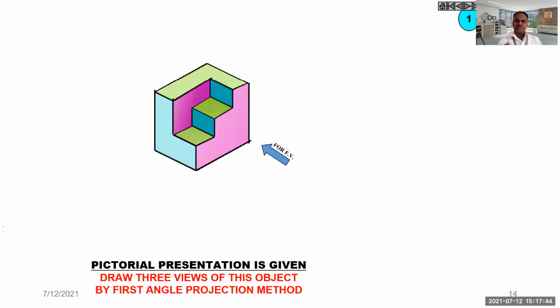This has been repeated. Okay, so this is the first example. Now I'm going to see this particular machine element from the front view. What I'm going to observe is a larger rectangle, and then there will be a step on that larger rectangle. So this will be my front view of that object. We'll see how the front view is looking.